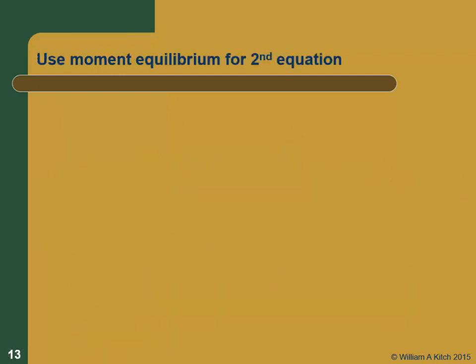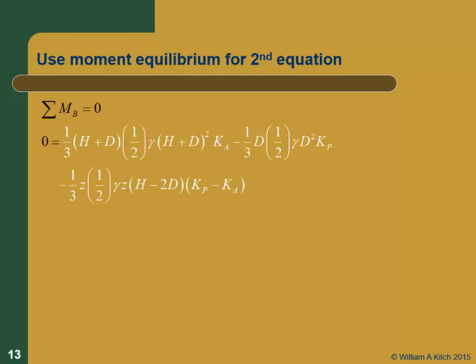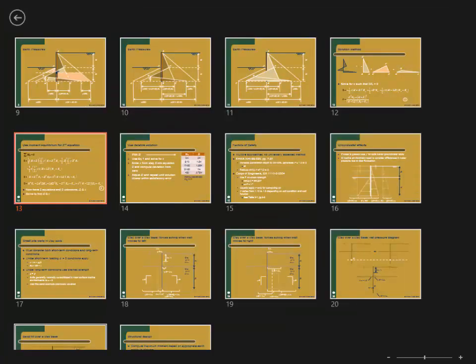So we're going to use moment equilibrium for our second equation. We're going to sum moments about the base. And this should look a lot like what we just did. So I'm going to take the areas of those triangles and multiply by the lever arms. And I'm not going to derive this one for you. You should go home and derive it yourself. But we'll look at the first one. This was the area of our triangle, right? And that triangle had a height above the ground surface of,